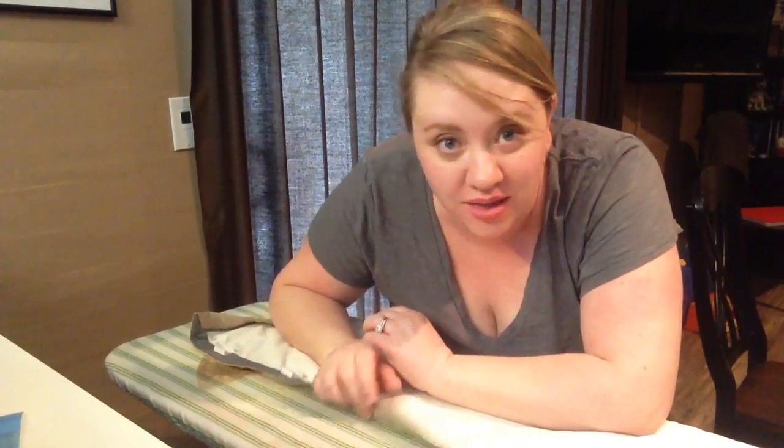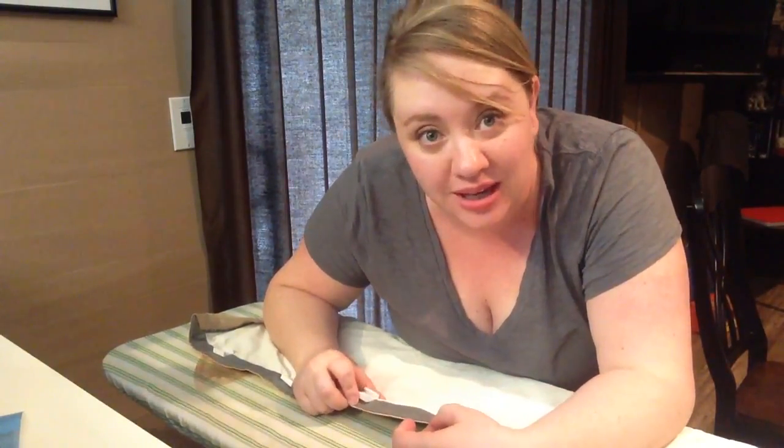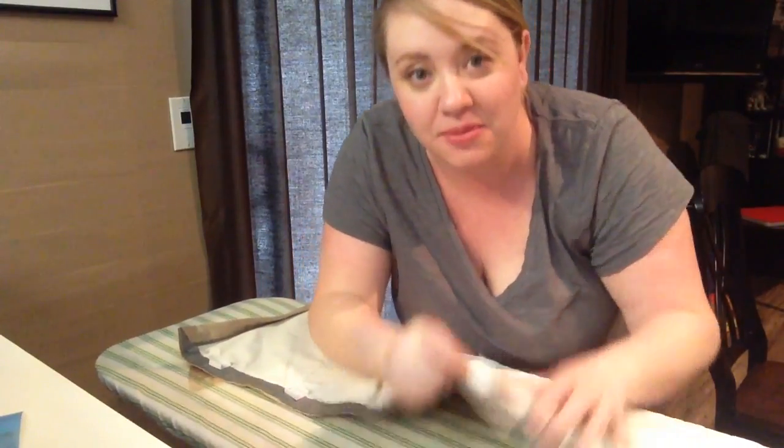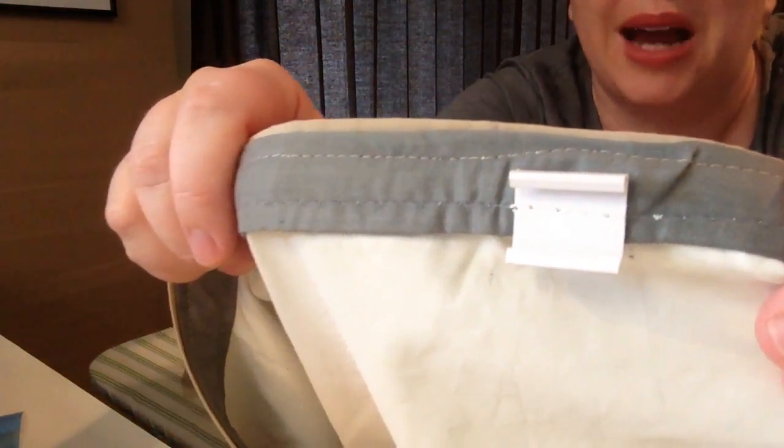Okay, so I've sewn down both sides, and here's the honest truth. I pulled on that tape seam a little bit more, and I just was not confident it was going to hold. So what I ended up doing is I went ahead and did a really narrow stitch through both of them along the top, attempting, here I'll show you,